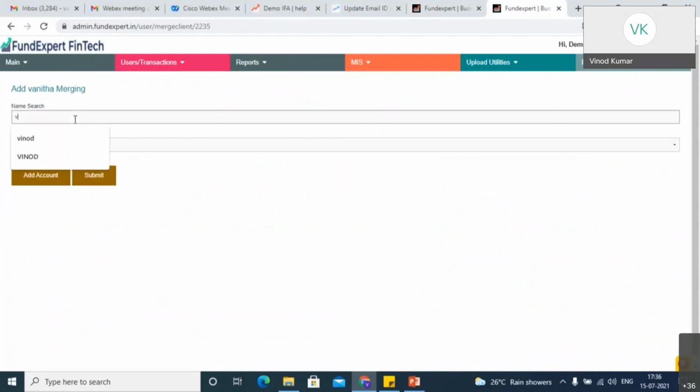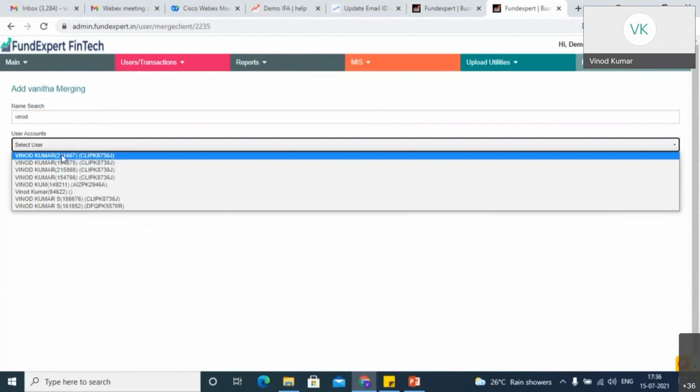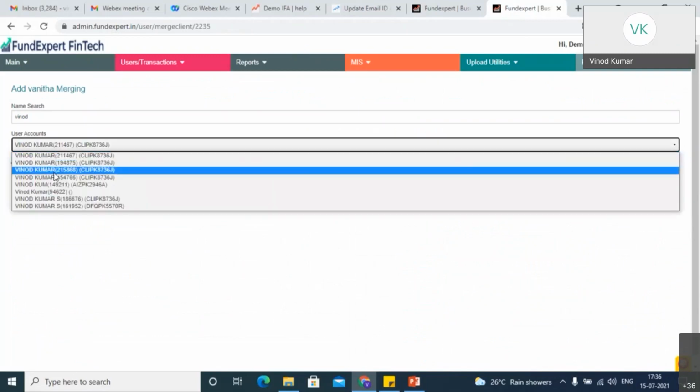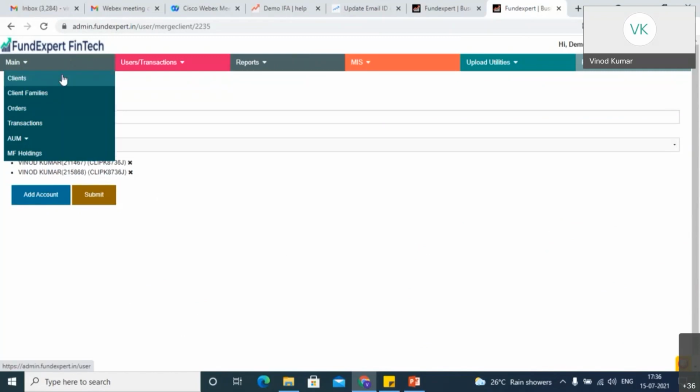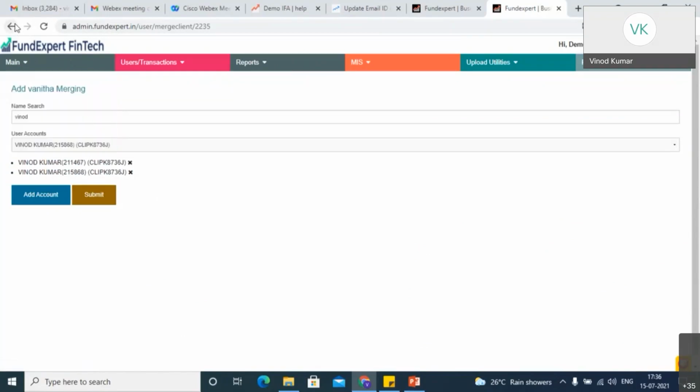So here I can select Vinod, or in the same name itself, if I have different IDs, I can select them just like in the family member. I select those IDs, whichever I want to merge to whichever ID I've selected. Now if I give submit, all these IDs will get merged to the current one. And only one account will be remaining, others will be made inactive in the platform. For this purpose, you will use the merge client option. To avoid confusion, maintain a proper client list. To avoid these multiple duplicate users, you will use this client list option, this merge client option.